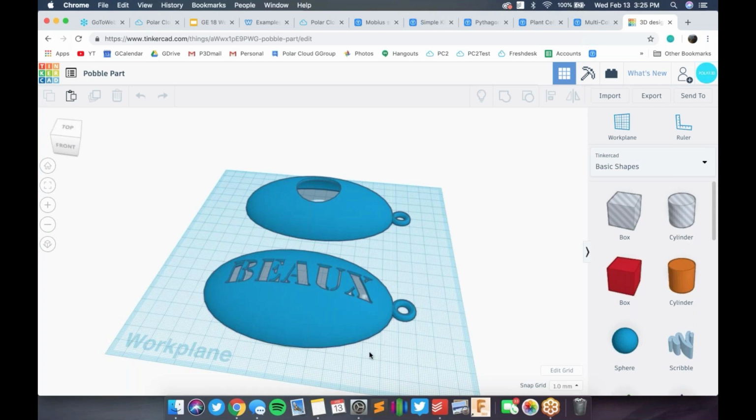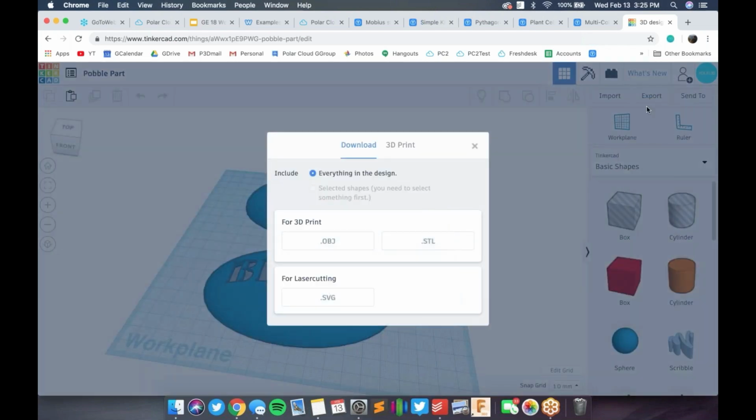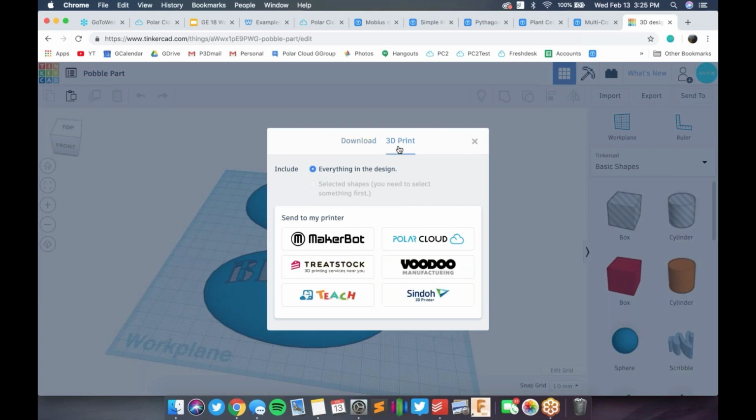As you might be familiar, when an object has been completed in Tinkercad, there's a couple different ways that it can get to the Polar Cloud. But the easiest way is going to be using this export button right here, clicking 3D print, and then clicking on Polar Cloud. Now I'm going to go through this process initially as if I were a student